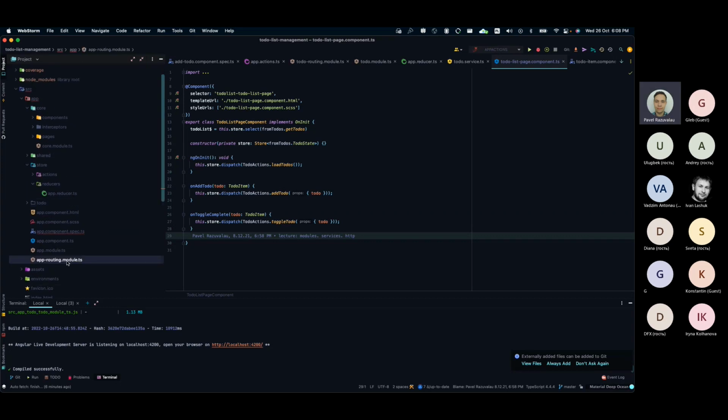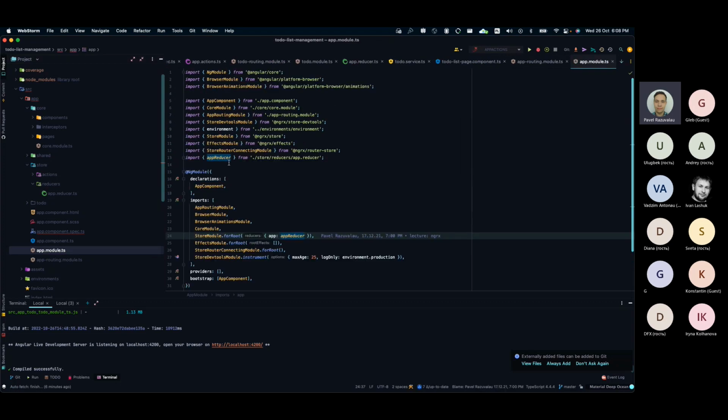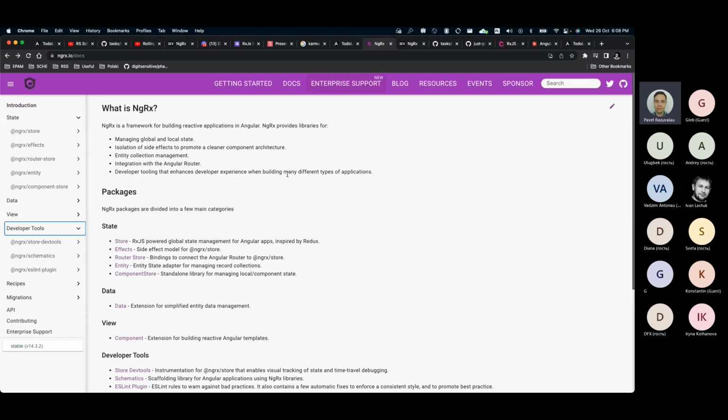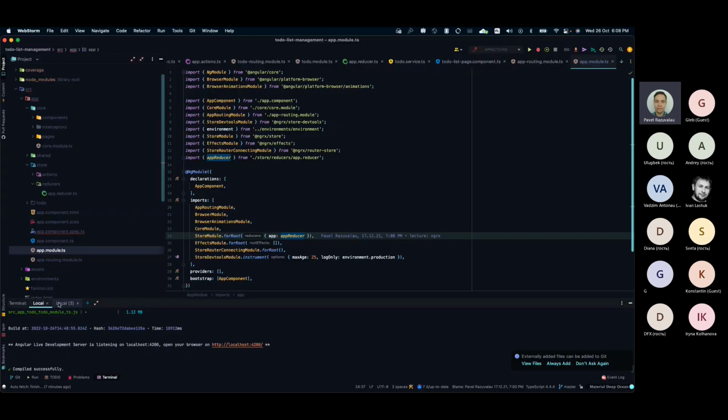So basically, installation of NgRx is not quite complicated. What you need to know is that you need to install several packages. You don't need to install all of them. You could list all of them on the documentation page. But for the majority of cases, you need only some of them. These are NgRx Store, Effects, Store DevTools, and also Router Store. It's not strictly necessary, but I would also recommend having this in your daily project. You just use the ng CLI to add those